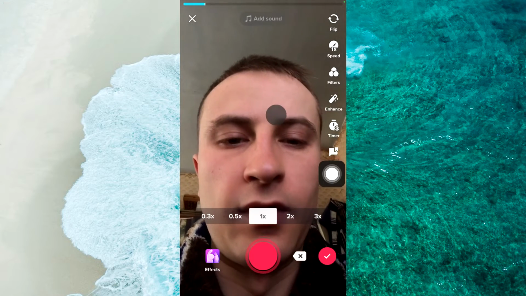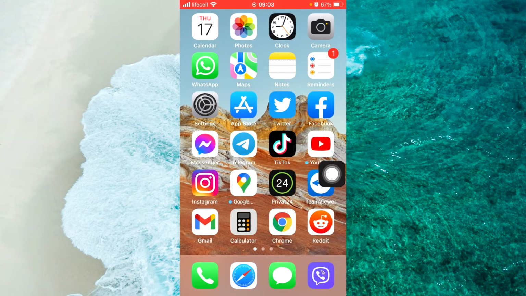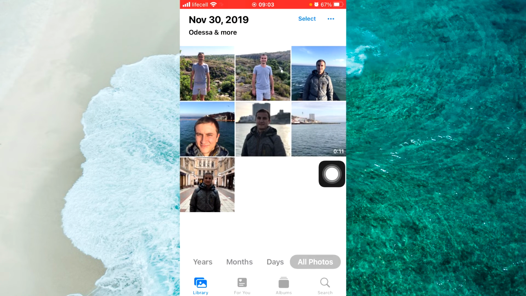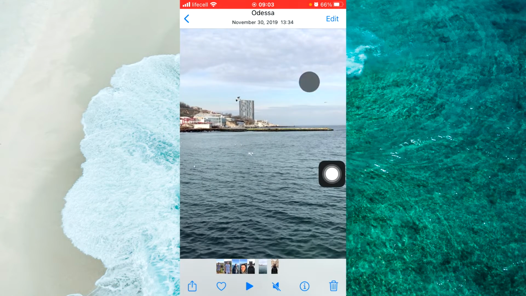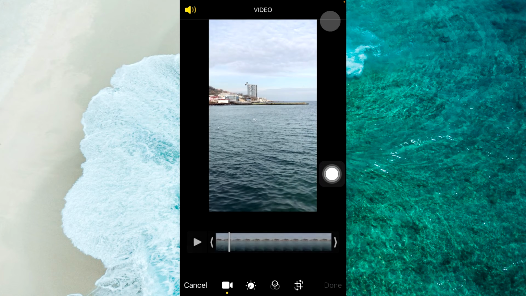So we just close TikTok app and go to your gallery and now select any of your video and then tap on edit at the top right, and here you will see this arrow with different options. Just tap on it,